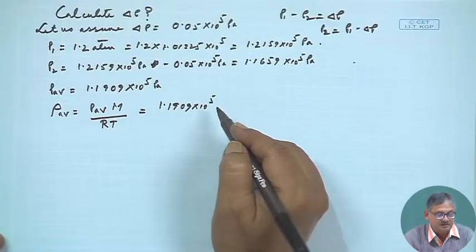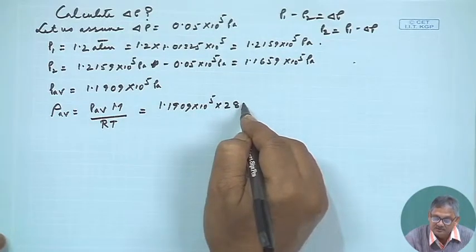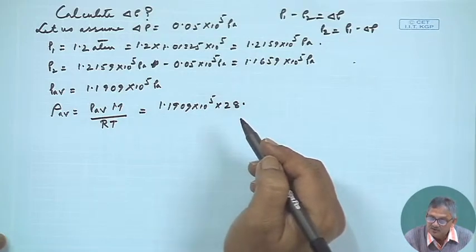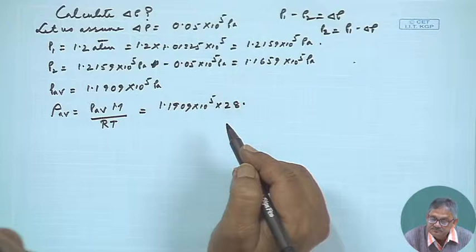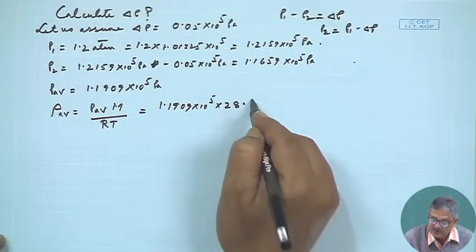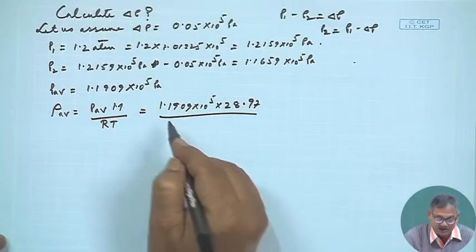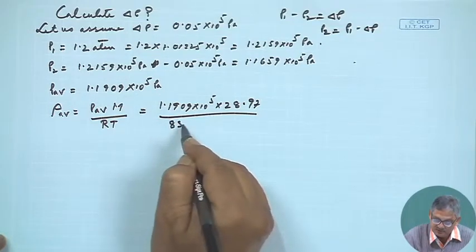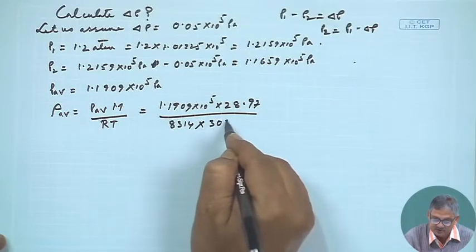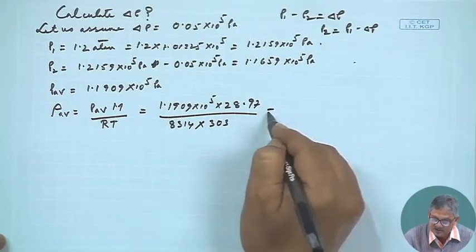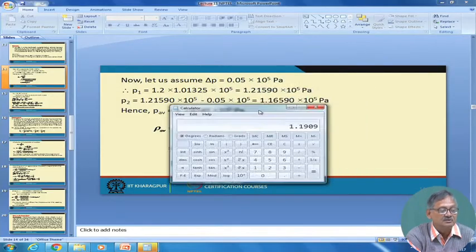M is molecular weight, it was given 28.97, right? R is 8314 into T is 303, right? So then rho average comes to be equal to